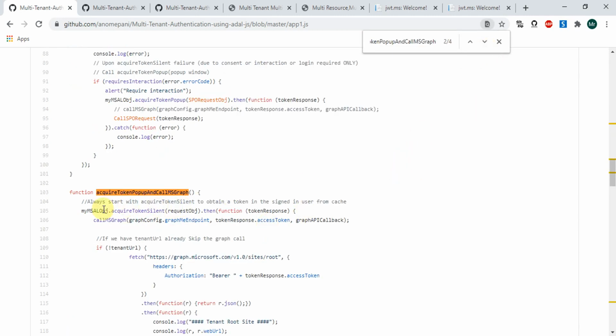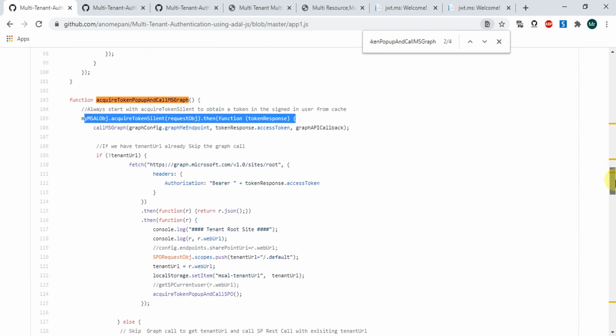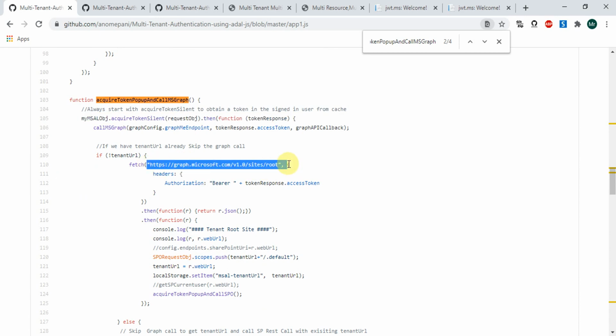So, acquire token for this request URL, which is a Graph pool. Once we get the Graph pool, if we don't have the tenant URL, it may be possible that we don't know the tenant URL. So what we can do is get the extra code to the root URL. So this is a root site collection. Based on this one, we can get the site URL, which is the tenant URL.